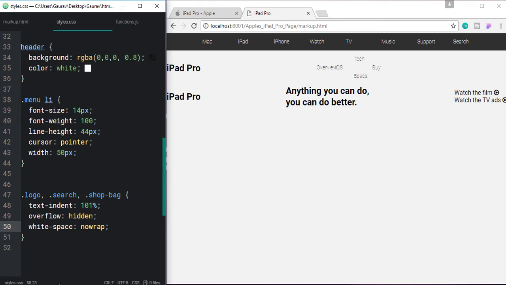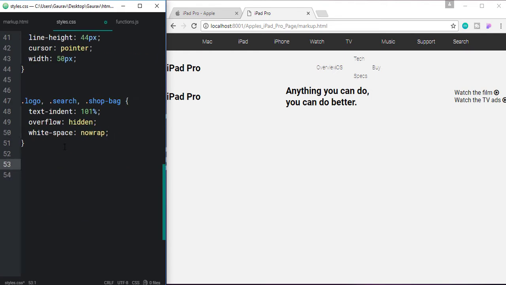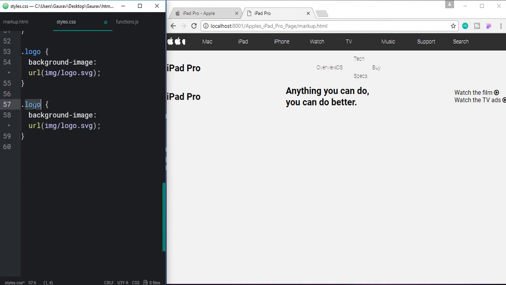And now let's give them their background images. So the logo will get the background image of URL image logo dot svg. Okay, and the search will get its own background.